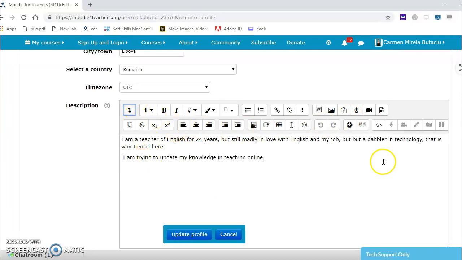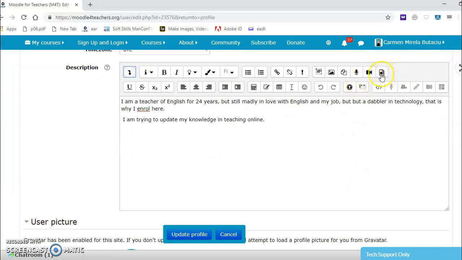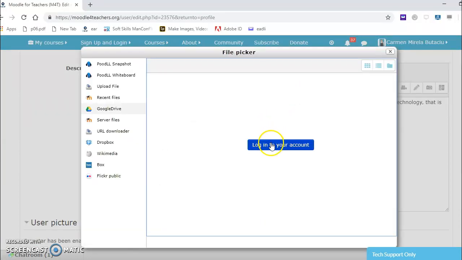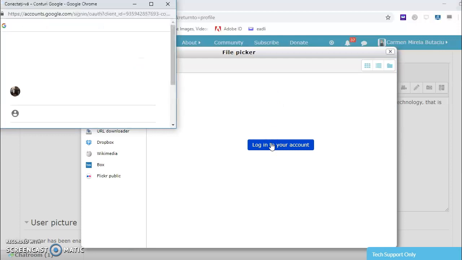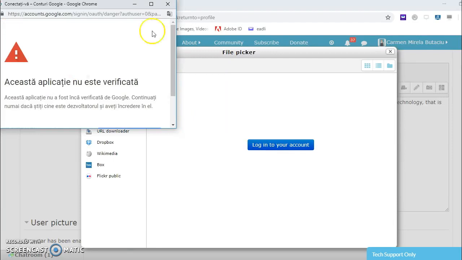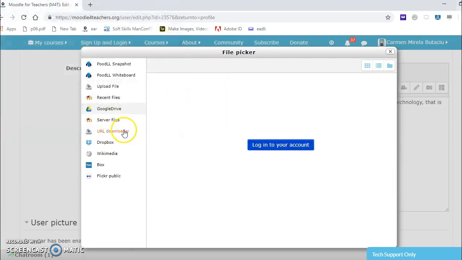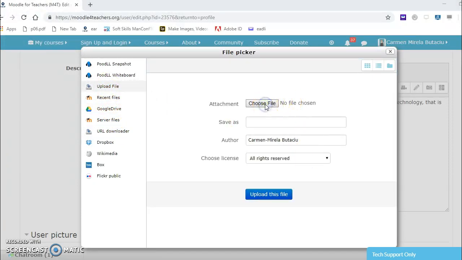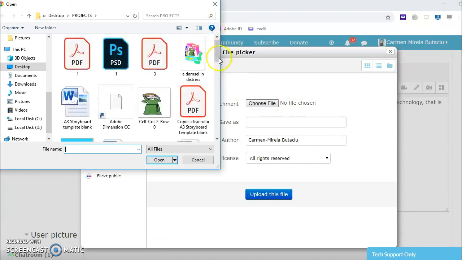I can toggle the entire rich editor. I can insert a picture or an audio file. I can insert a link, a photo. Maybe I will browse some repositories if I have. I can upload Google. I can upload a file from my computer. For example,